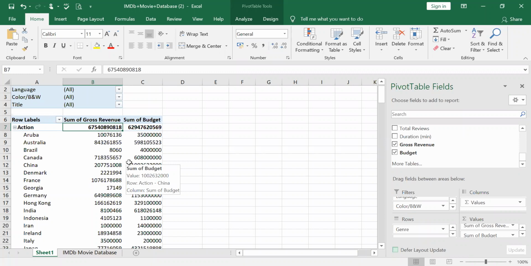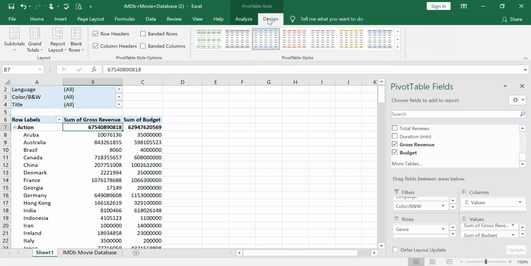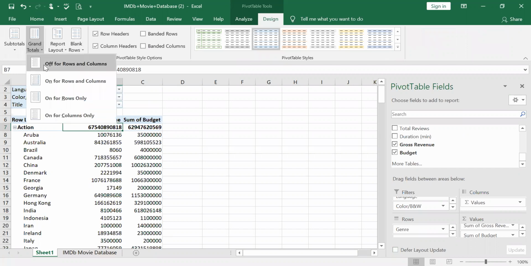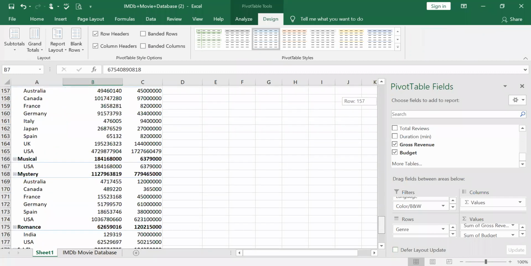Say for example, I just want to change the layout, right? So I go to Analyze, or Design, where I find Report Layout. Here I don't want a grand total, so I can turn it off for rows and columns. If you check here, I don't have a grand total down.